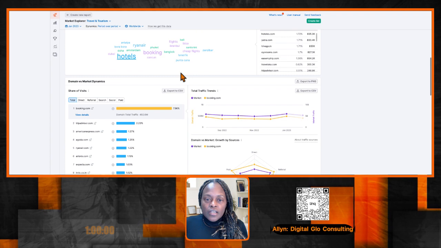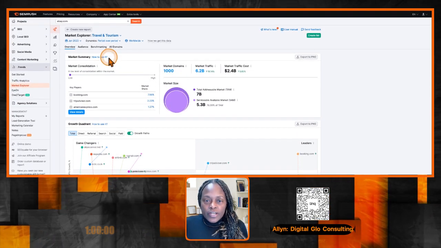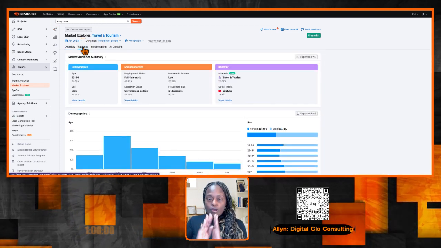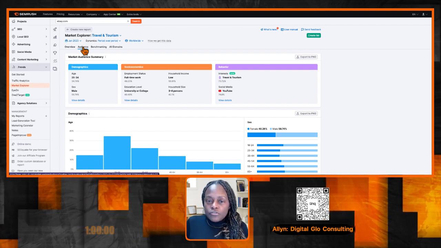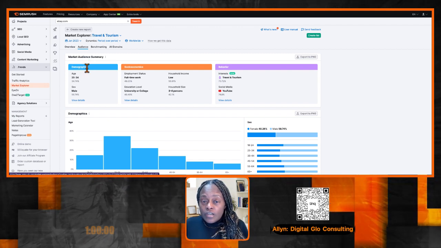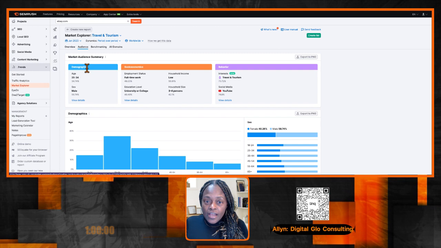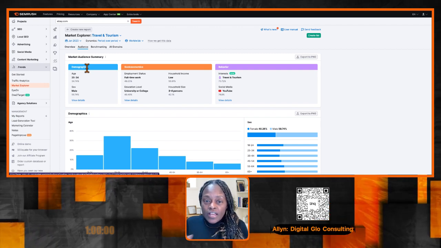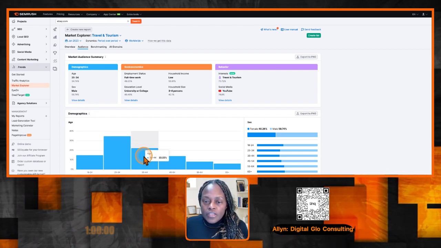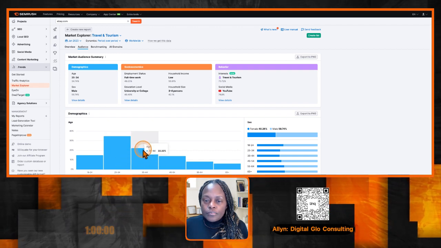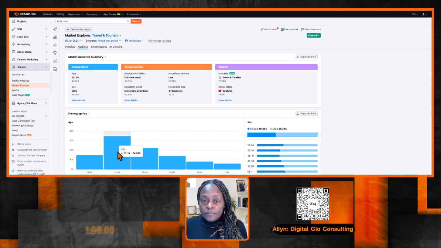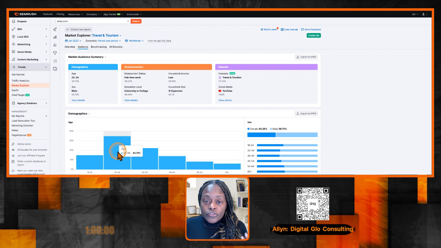All right, so let's go back. But this is the really good information right here. When you go to audience and you click on audience, this gives you some amazing information. This tells you the age group. So let's look at the demographics. It tells you that the ages of your people are between 25 and 34. And this graph actually supports that. Now, you can also target the 35 to 44-year-olds because this is a pretty decent chunk. But the majority of the people who are interested in travel and tourism, they're in the 25 to 34 range,